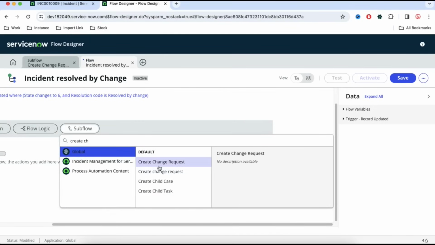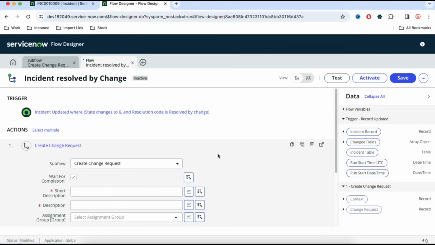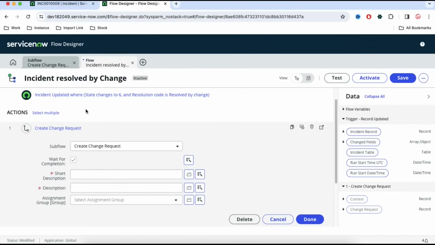change request, and you can see if I select that, there are two options. Which one is our case? The R is in capital. You can see create change, because this is in capital. So we'll select that. The moment we select this in our flow, we can see that we have two